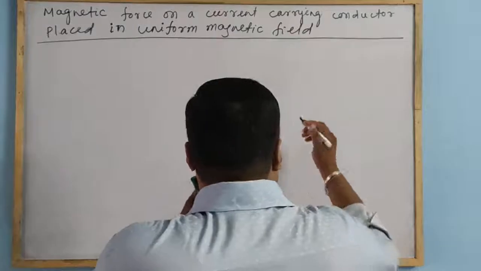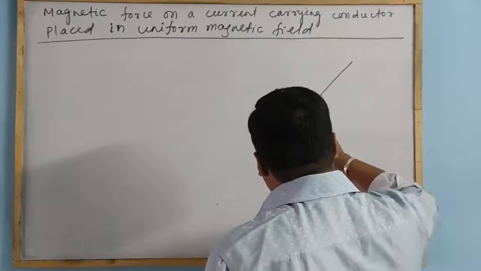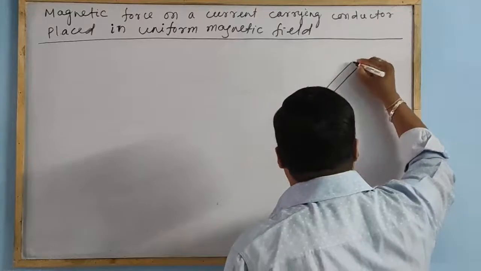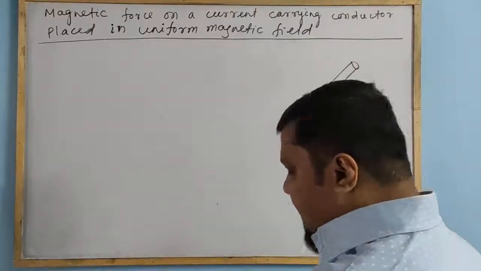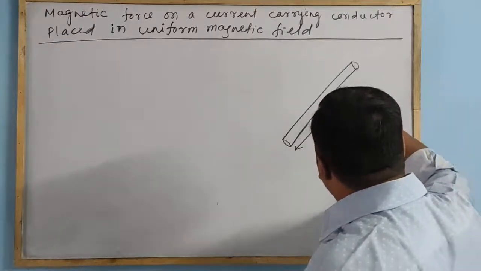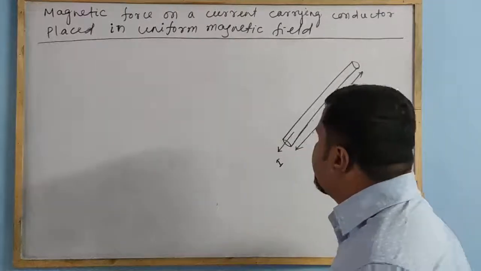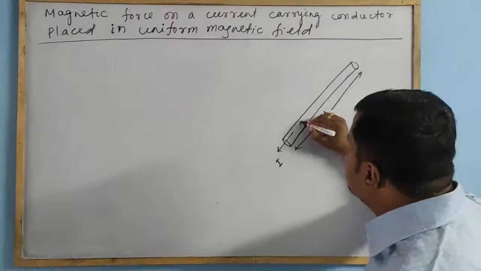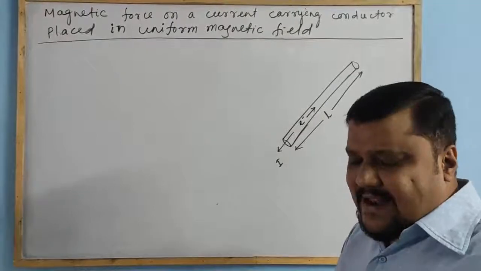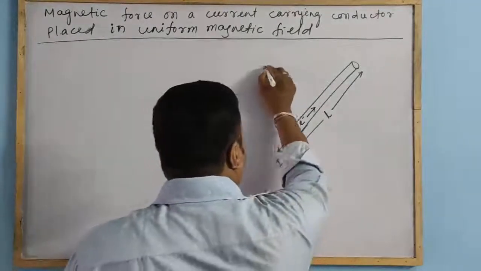So let us consider a conductor of area of cross section A and length L. Let L be the length of the conductor, and it carries a current. So the current is flowing in this direction, I. So obviously the electrons will drift in the opposite direction. It is placed in a uniform magnetic field. Let us take a uniform magnetic field like this,